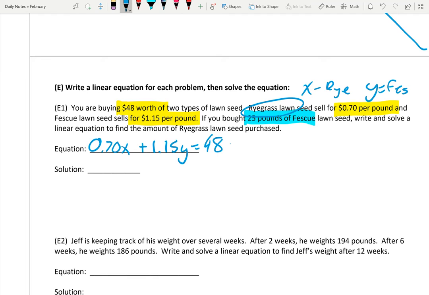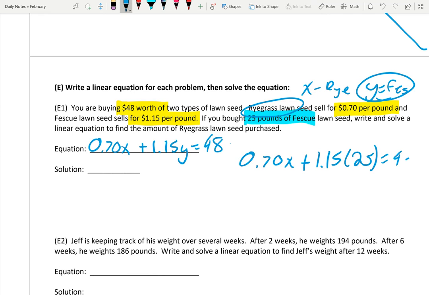So that's the equation. Now the solution is plugging in 25 pounds of fescue. Now remember, we use the y to represent fescue, so we're going to plug the 25 in for the y value to solve it. So we have 0.70x plus 1.15 times 25 pounds equal to 48. So we just got to get a calculator and solve this. So 1.15 times 25 is 28.75. So you have 0.70x plus